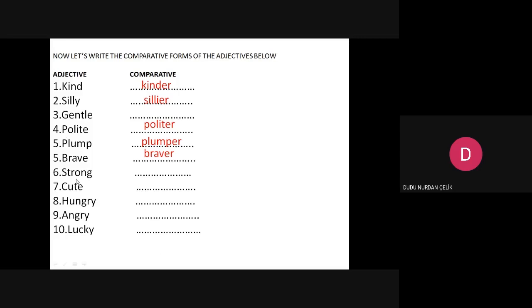Strong, stronger. Cute, cuter. Hungry, hungrier. Angry, angrier. Lucky, luckier. And let's see gentle. We have got two different ways of saying it: gentler, or we say more gentle.